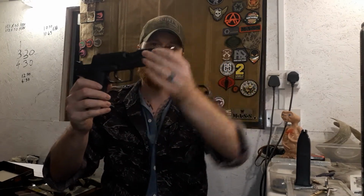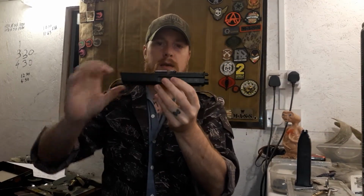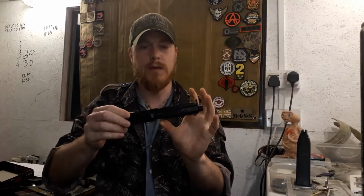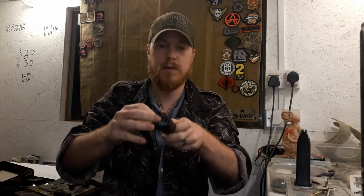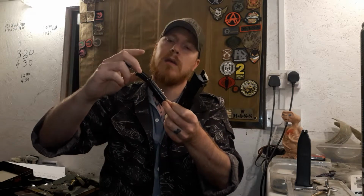You'll notice it lets the barrel and recoil rod forward, and there we go. The recoil assembly is its own piece, and that comes out. Then you have to slide the barrel forward and take out the piston. And that all comes out quite nicely. Quite a short little spring in there. You could probably whack something harder in there if you wanted. Might kill it